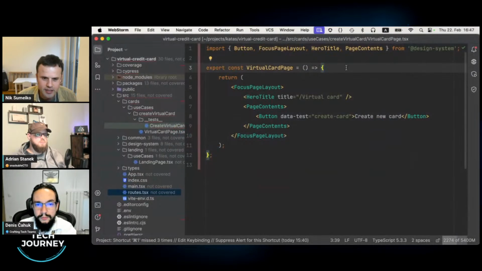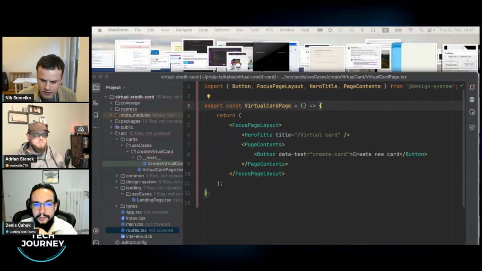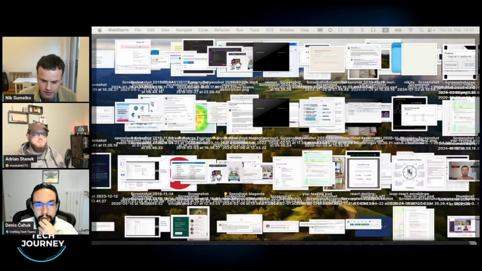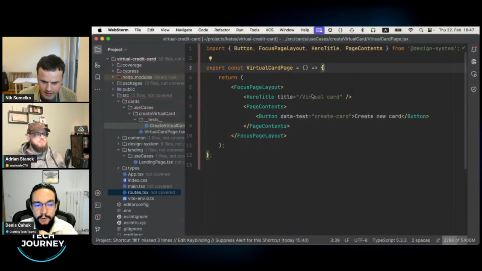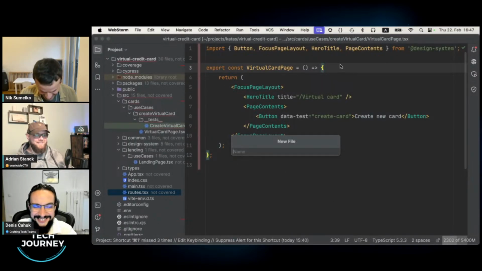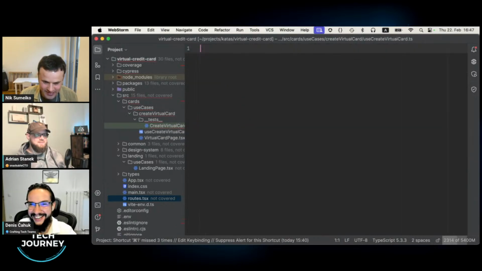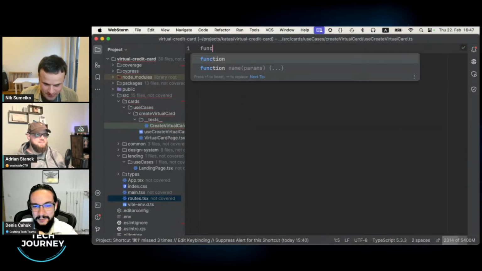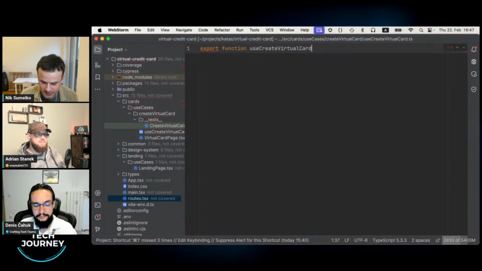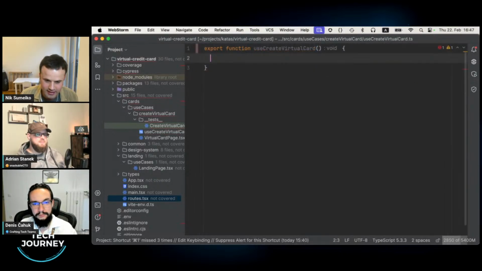So for that, I'm actually creating a hook. That's normally an orchestrator in React. Don't worry, my desktop looks like that as well. Busy people, yeah. So for example, I'm creating a hook like this, and it will export a function, use something, the IDE suggests me to do this.